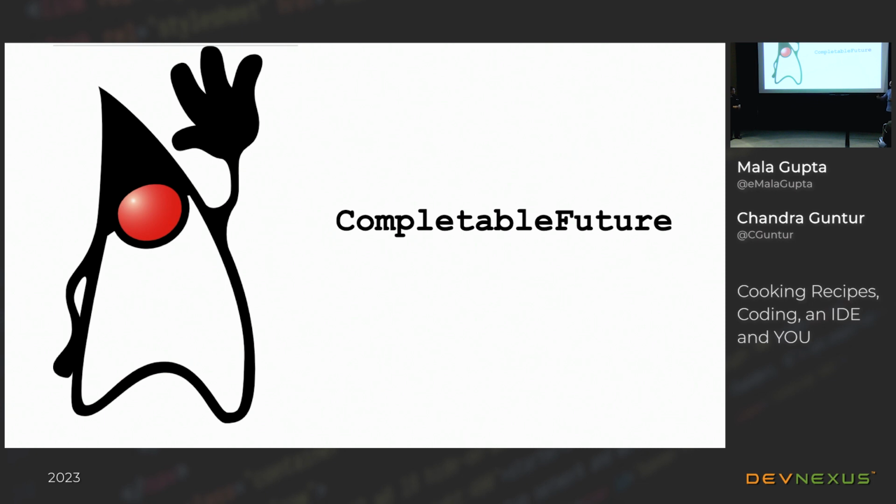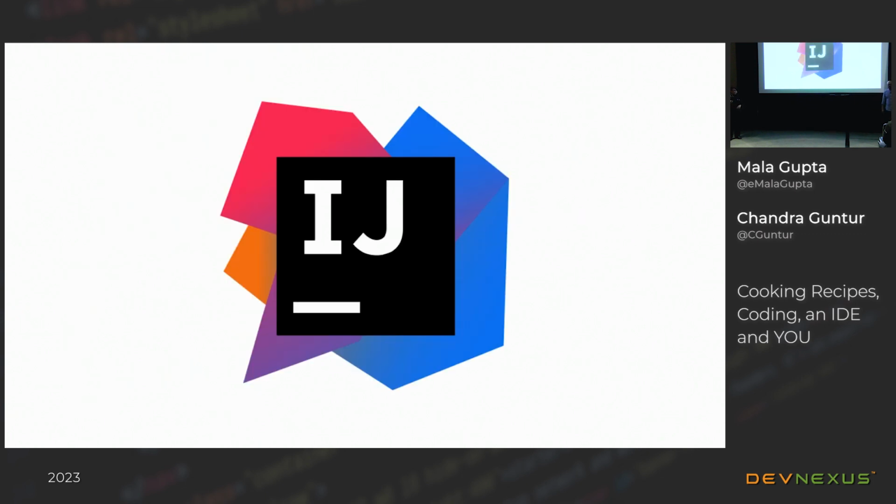You can create code katas not just for CompletableFutures, but for anything, any API or library that you use. So the users of your API or library understand how to use your API or know the best practices of using your API. And in the process, we will be showcasing a couple of features of IntelliJ IDEA because